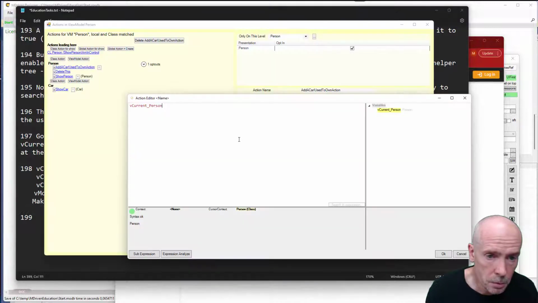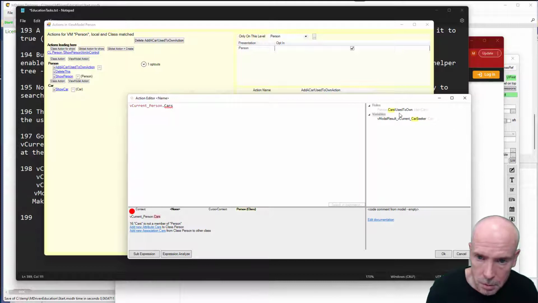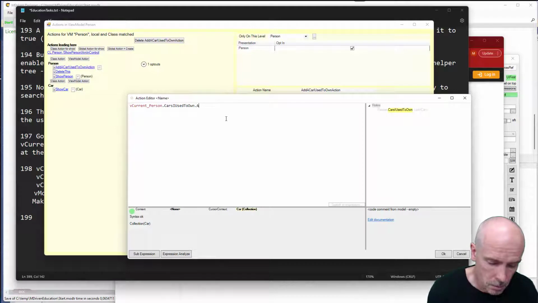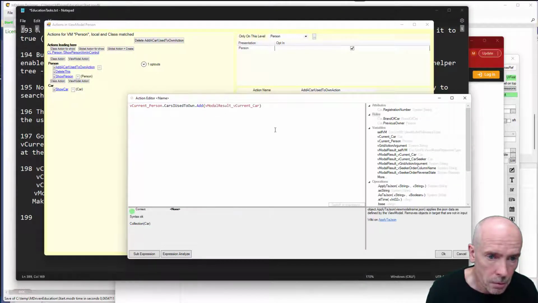Cars I used to own dot cars I used to own. So that's an association to a list of cars, and add, dot add parenthesis, and then the modal result v current car and parenthesis. Let's grab that one from here like this. Okay,